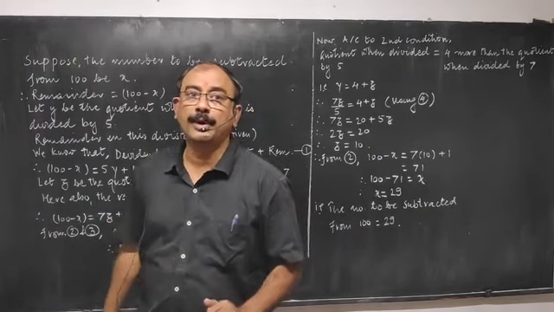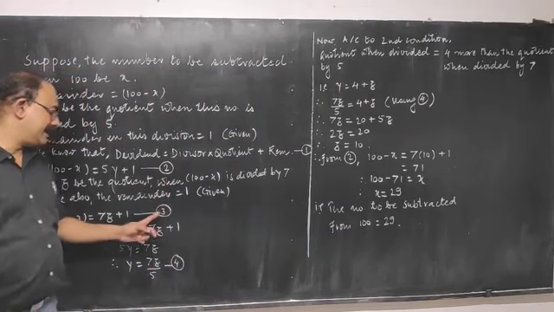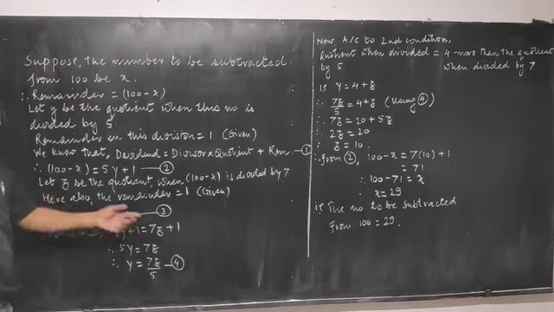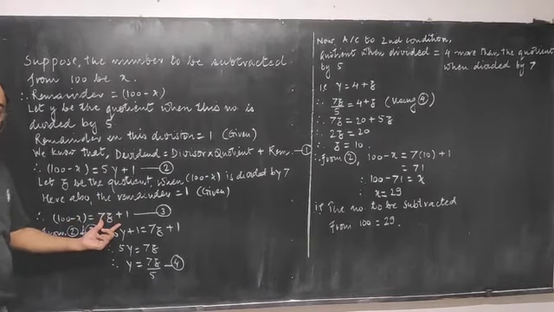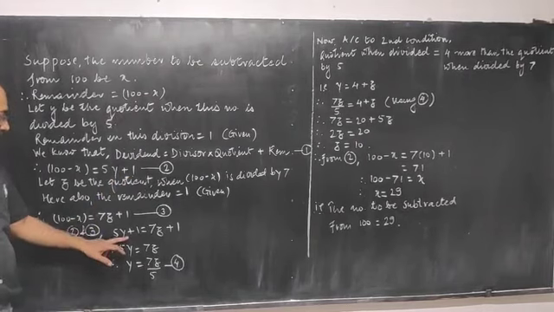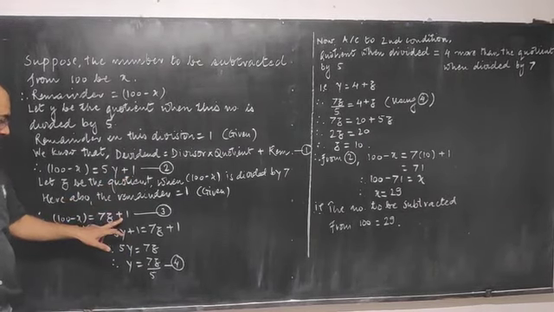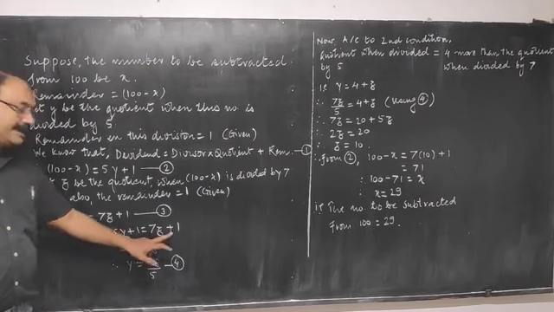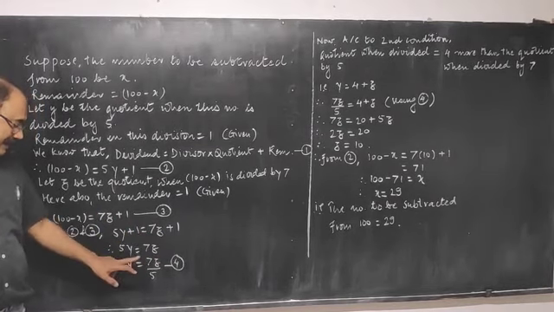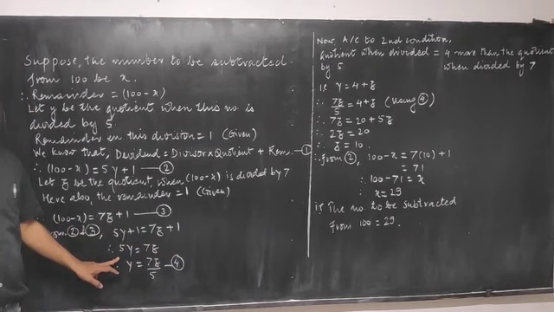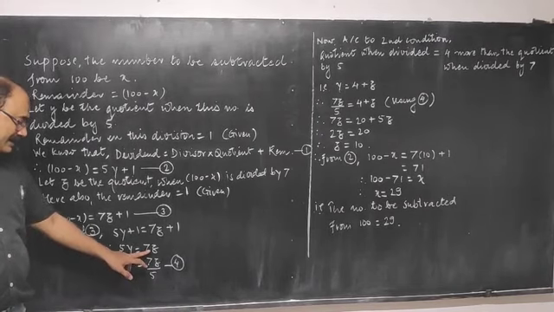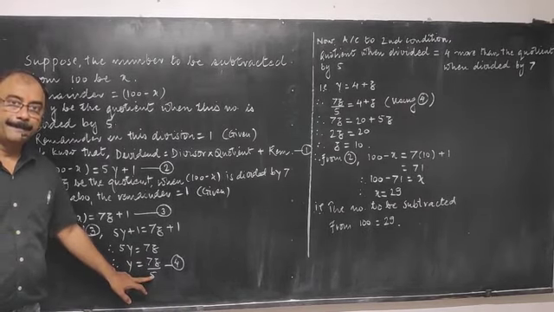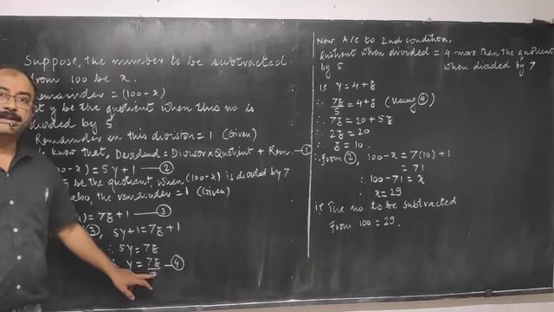But what do you observe in equation 2 and equation 3? That the left hand sides are the same. Therefore, the right hand sides will also be the same. From 2 and 3, the right hand sides 5y plus 1 and 7z plus 1 are equal. 1 cancels from both sides. You get 5y is equal to 7z. Now this equation can be rearranged in two ways. You can express y using z or you can express z using y. So I did y is equal to 7z upon 5. I have expressed y in terms of z.